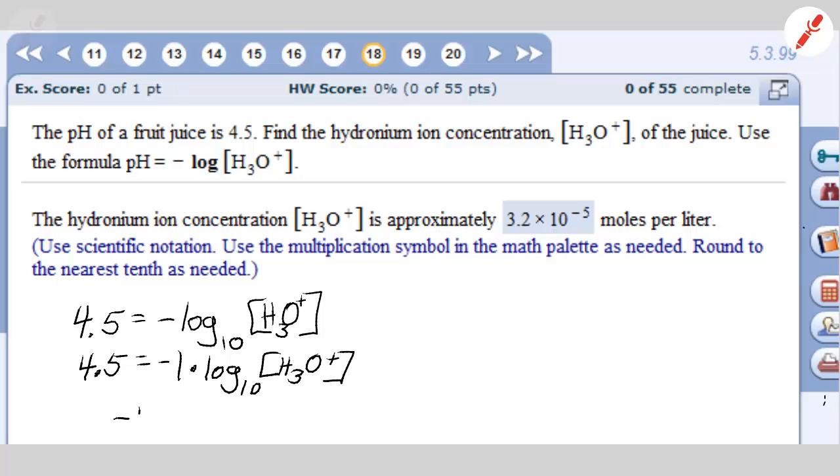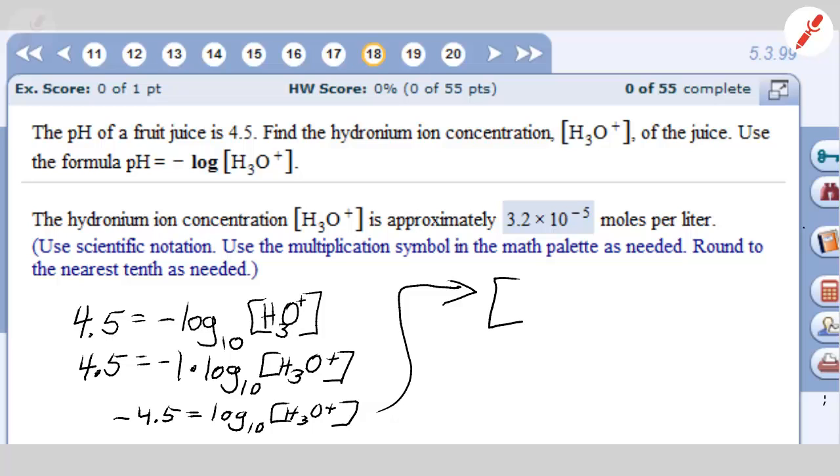Now I'm writing base 10 for a reason, even though I don't really have to. That -1, if we multiply both sides of the equation by -1, we'll get -4.5 equals log base 10 of the hydronium ion concentration,